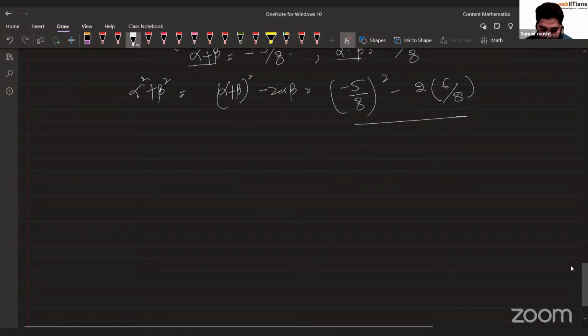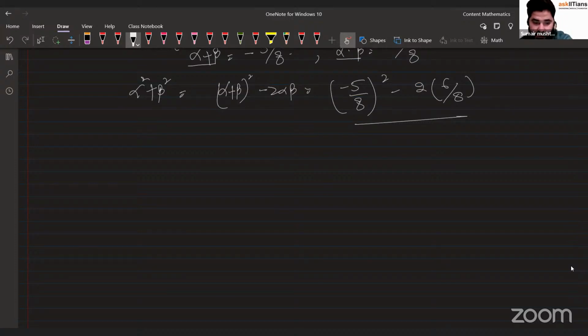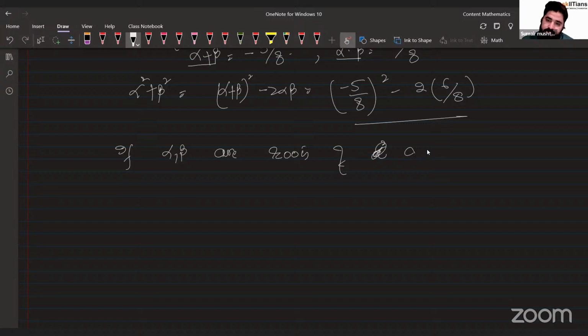Now I will try to give here some facts, okay, which you can also use as a shortcut. See, remember one thing. If alpha, beta are roots of ax square plus bx plus c equal to 0, this all can be used for a one marker question. Okay, if you have to do it in the form of steps, you can do it like this. Okay, then